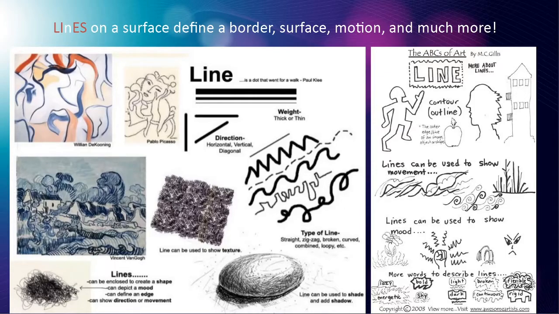The lines can be different thicknesses, but sometimes people call it the weight, and those can be used to communicate things differently. A thick line may be closer to you, a thin line may be farther away. And you can use different types of lines, straight, zigzag, broken, curved, to communicate different things. Even if you're making a map and you want to indicate a path of some kind or a mountain range, I look at those squiggles and I see different things, right?